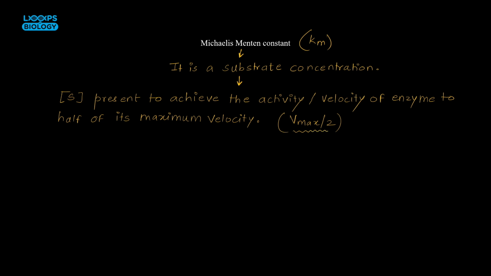That should be a question. It can be 1/3, it can be 1/4, it can be 1/5, but we have considered half of the maximum velocity. Why? Because we think that whenever the linear growth of the graph occurs at Vmax upon 2,